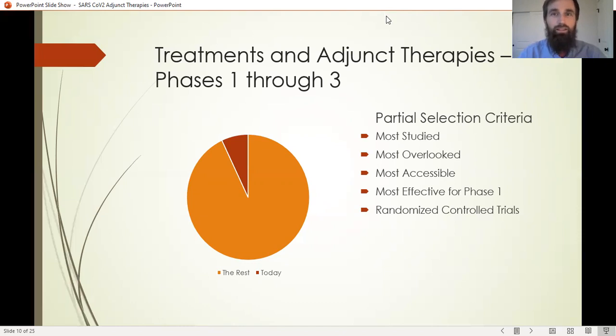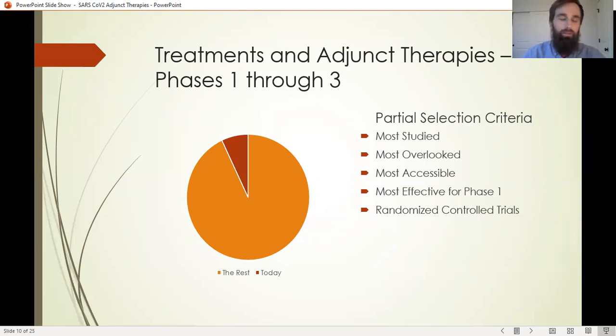So these treatments are most effective in phase 1, because you haven't yet got to the point where your immune system is attacking your lung function to the point that you need oxygen. As a whole, all of the adjunct therapies, all of the additional treatments, or you could say natural remedies,